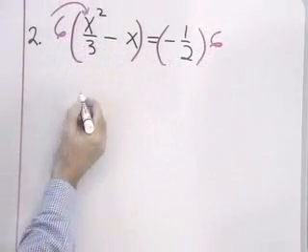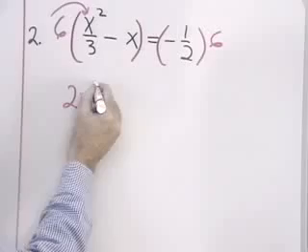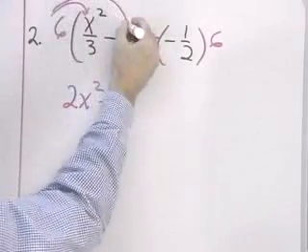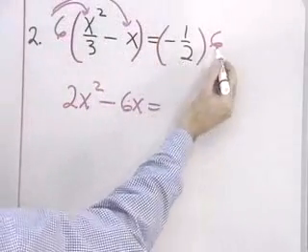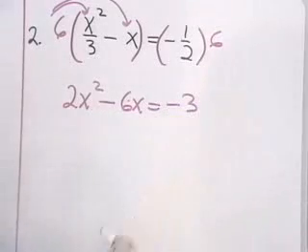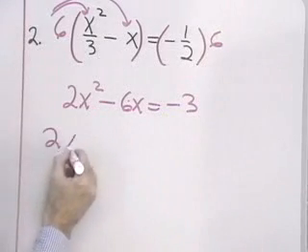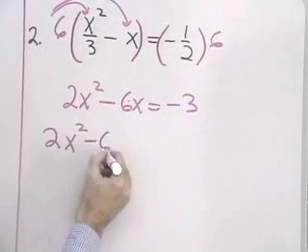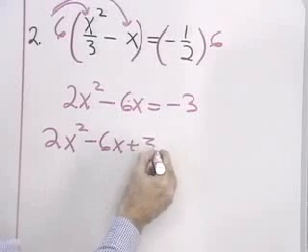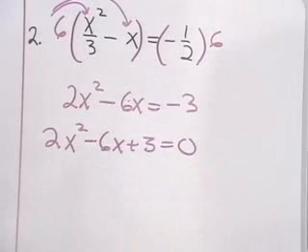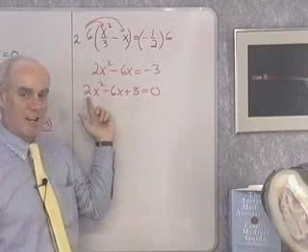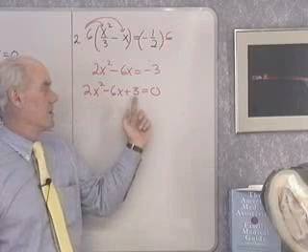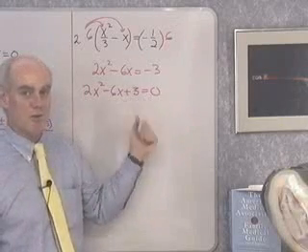6 times x squared over 3 will be 2x squared, minus 6 times x will be 6x, equal negative 1/2 times 6, which is negative 3. Writing this in standard form, I have 2x squared minus 6x plus 3 is equal to 0. At this point, the equation's in standard form. I identify a as 2, b as negative 6, and c as 3, and I substitute those numbers into the